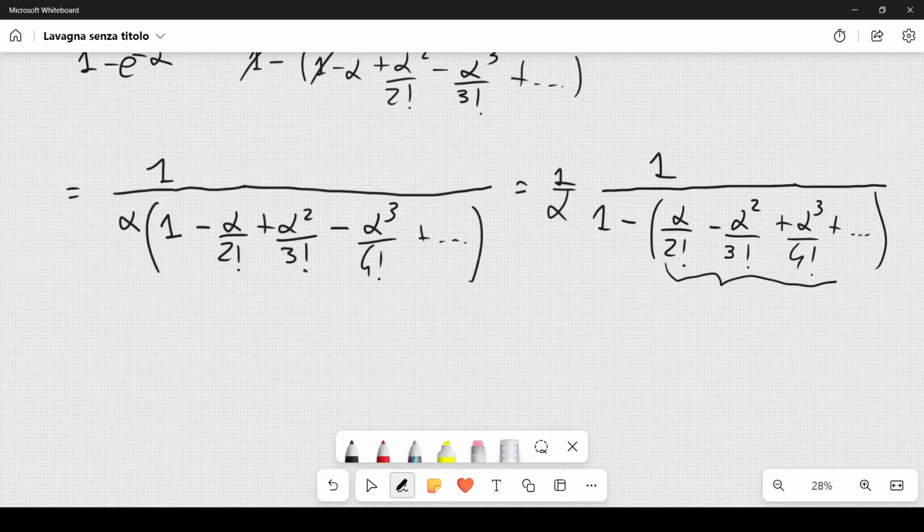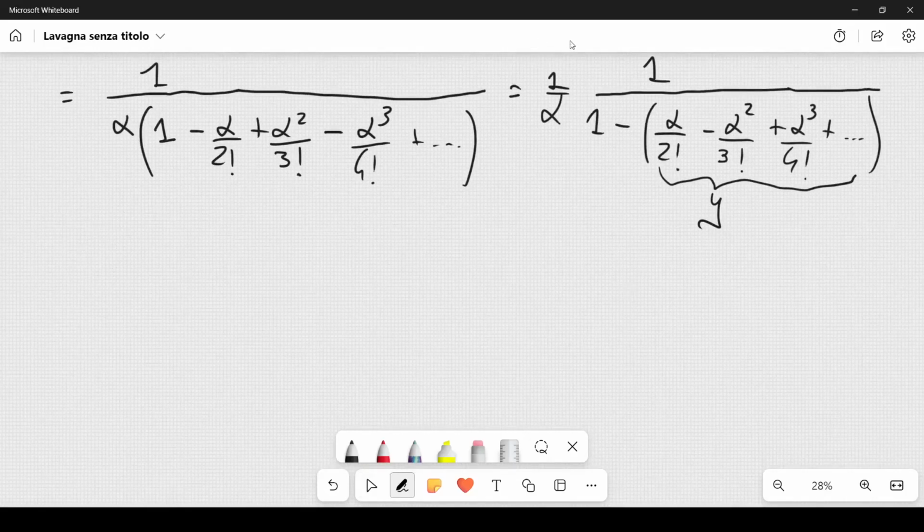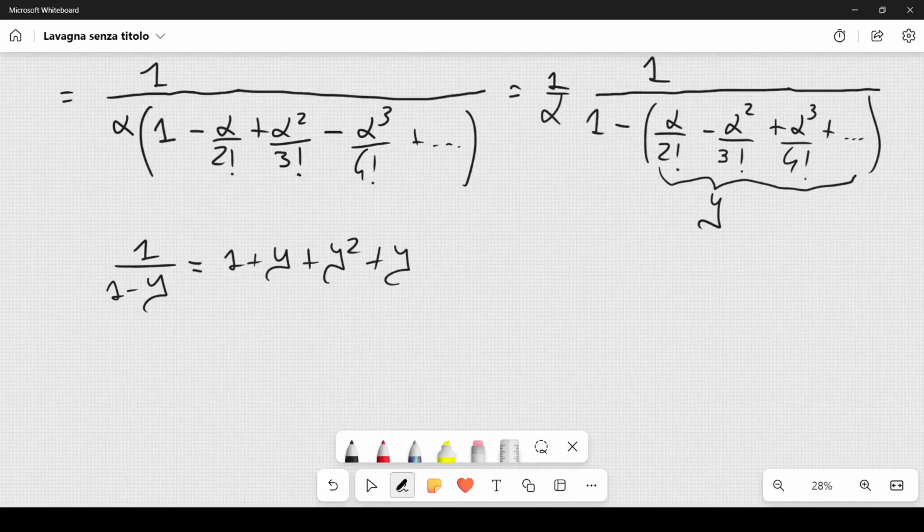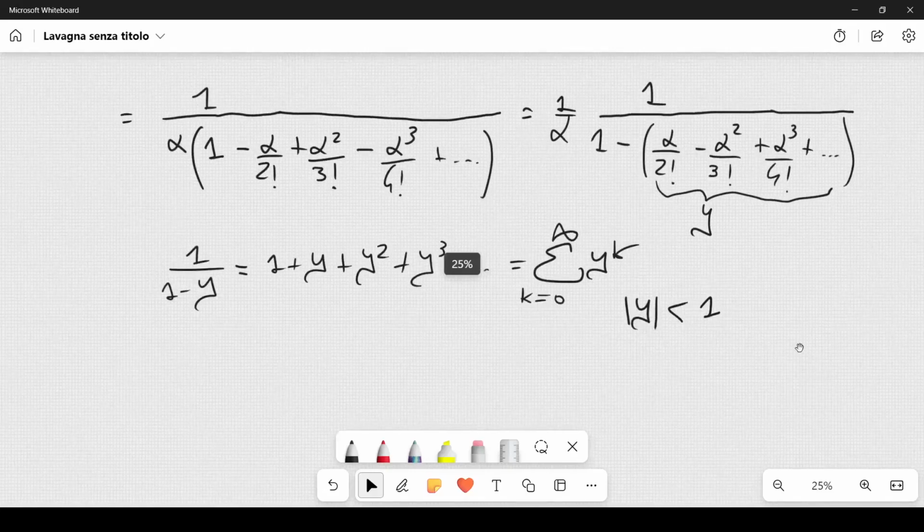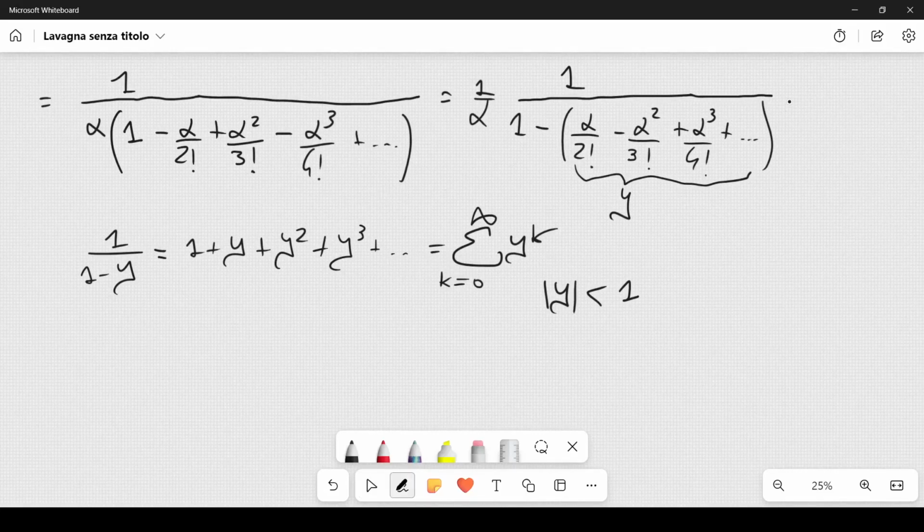Now, if we call this term inside this parenthesis just y, here we have, if we consider this fraction, 1 over 1 minus y. So this can also be written as 1 plus y squared plus y cubed, and you understand the pattern, right? So in particular, this will be the summation over k from 0 to infinity, y to the k, and this holds if mod y is less than 1, right? So we can rewrite this